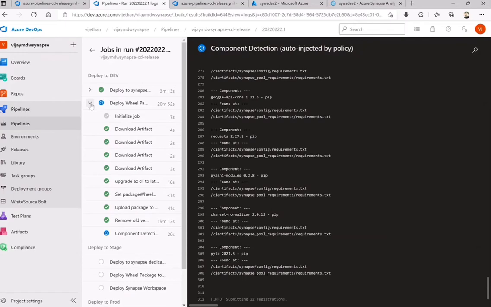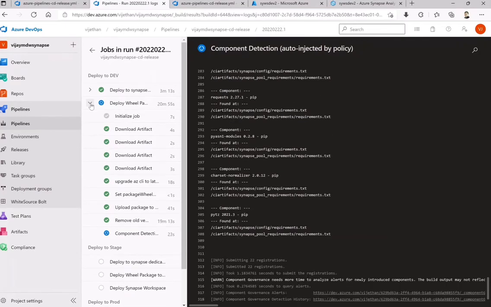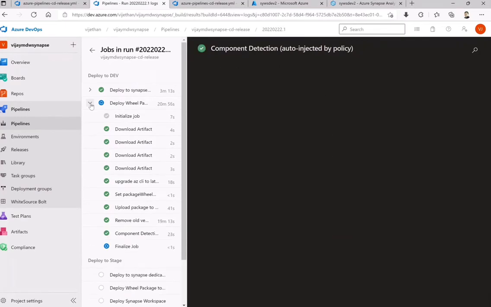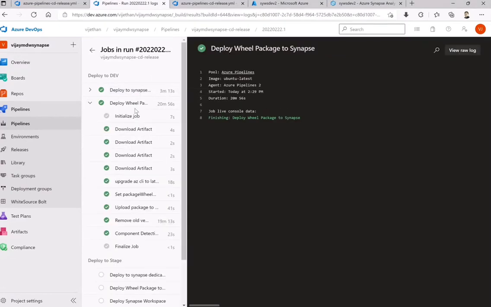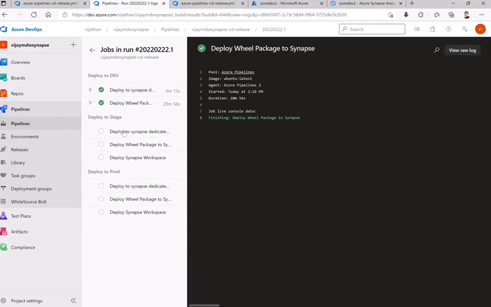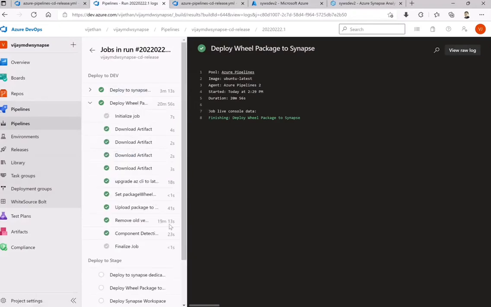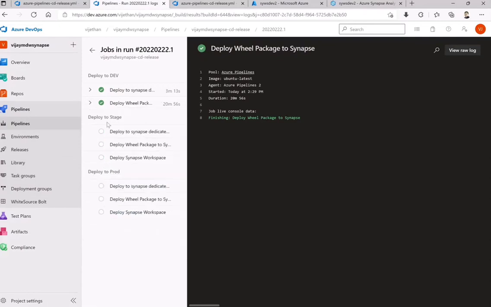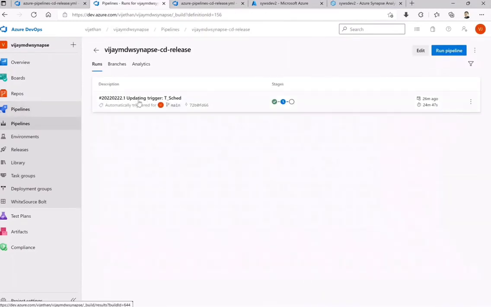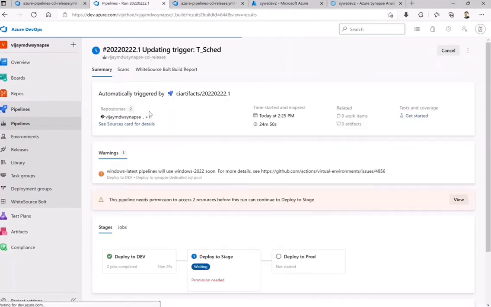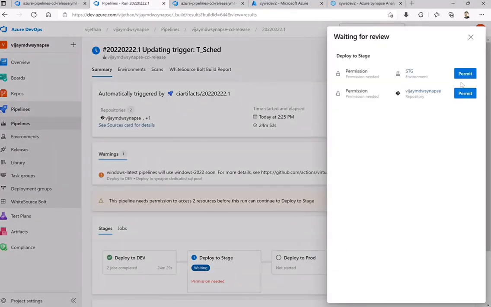So now we have to have exactly similar steps from the artifacts. The only difference between staging and dev is that now it has to apply the complete environment from the workspace publish branch. Now again, if you remember, I showed you I have to authorize that. So it will wait for me to authorize that stage once. Once I authorize, it should be able to move further on that stage.